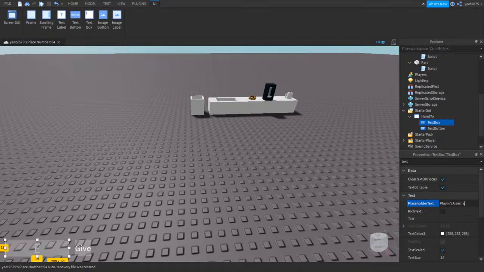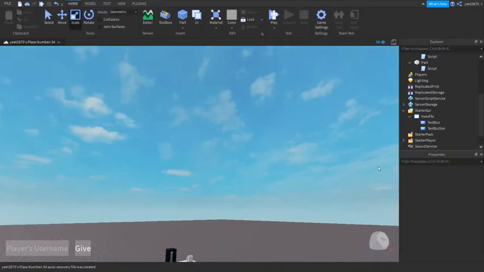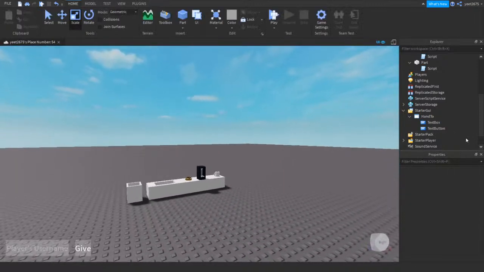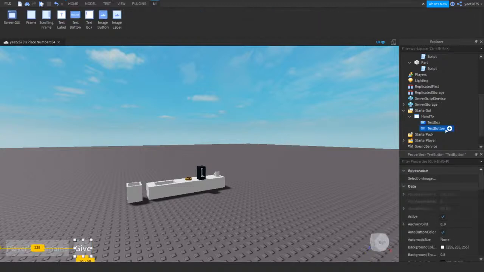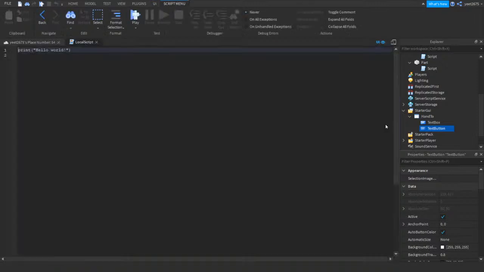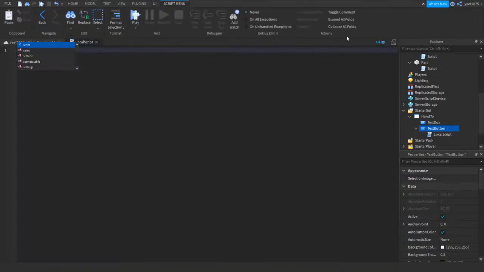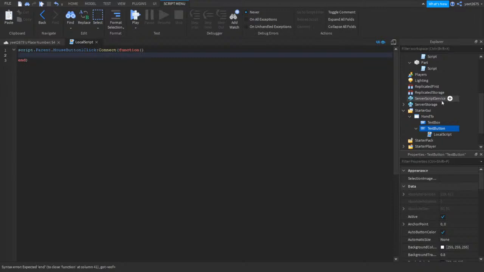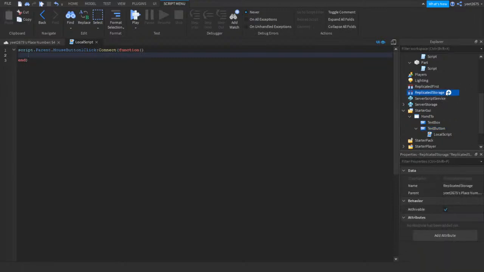Player's username. Okay. So now that that works, we're going to go into the text button and the local script. Script.parent.MouseButton1Click:Connect(function), like that. And what we're going to do is go into ReplicatedStorage, add a remote event, name that remote event,